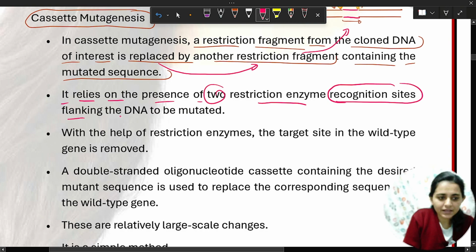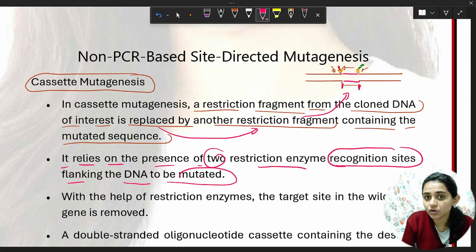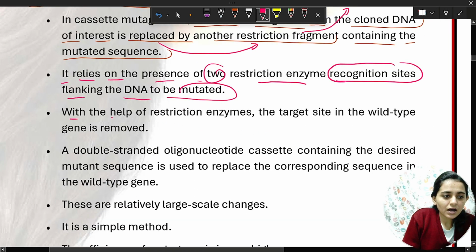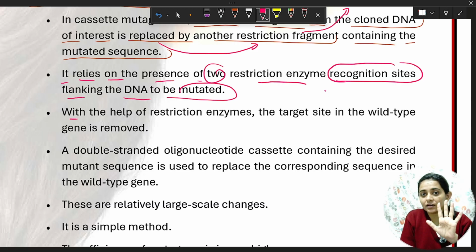And flanking the DNA to be mutated, where we add the mutant sequence, the flanking sides of the mutant sequence are the restriction recognition sites from both ends. Because we know the restriction enzyme has one characteristic feature, which is what?